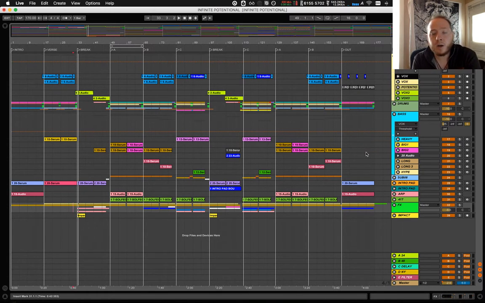And when it comes to the second drop, for example, instead of going A, B, C, I'm going C, B, A, where I'm taking the same part that I did here in C and doing it here, switching it back to A, and then moving it back to B. Even just doing that will keep your song from sounding like it's just on repeat on the second drop.